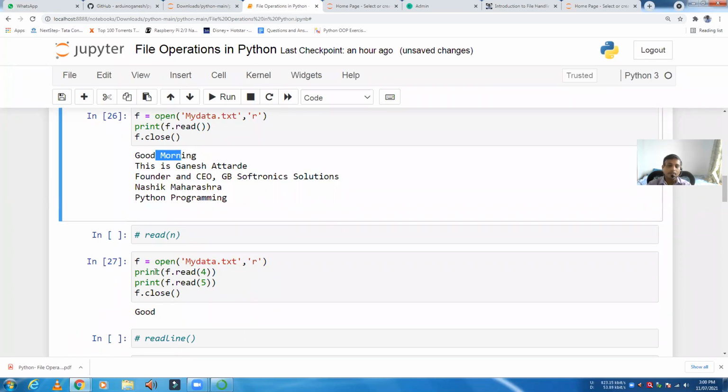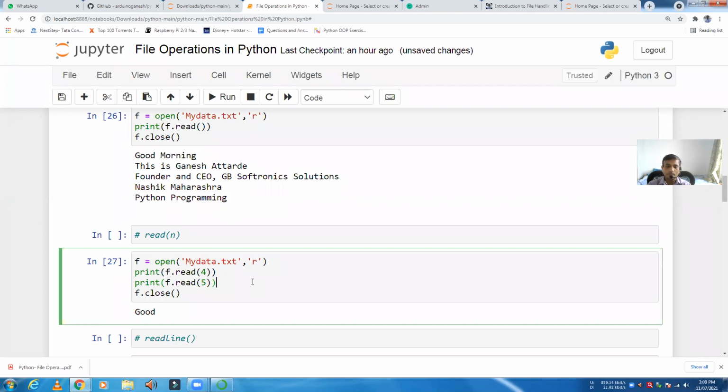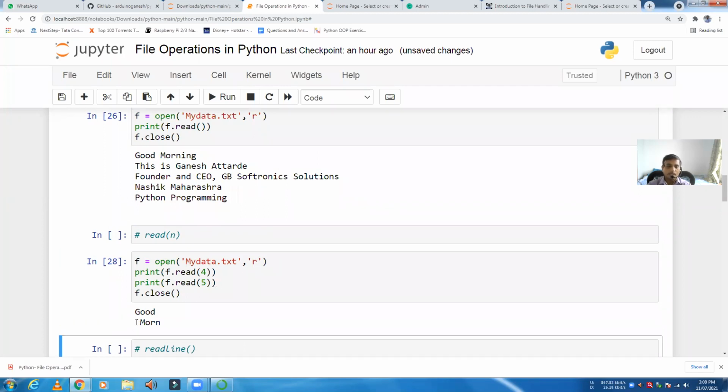So in the first print statement, good is printed, and in the next print statement the space and morn get printed. You can see here in the second one, space and morn get printed. If I want the whole word morning, then it is 5, 6, 7 and 8, so I can read the next 8.